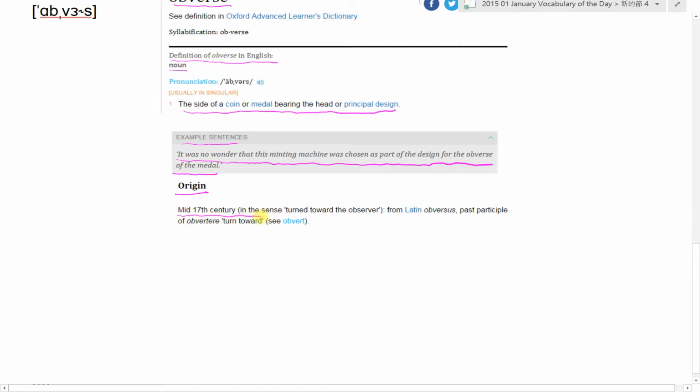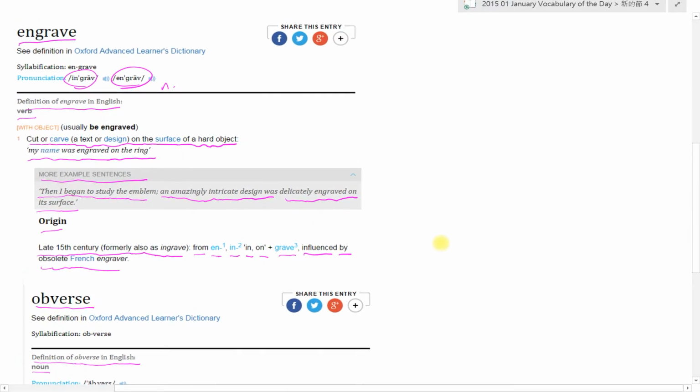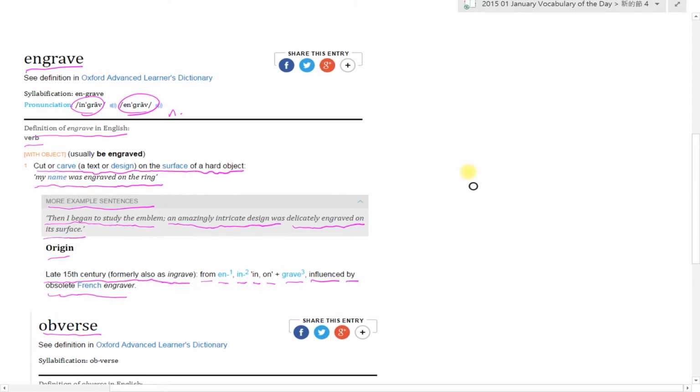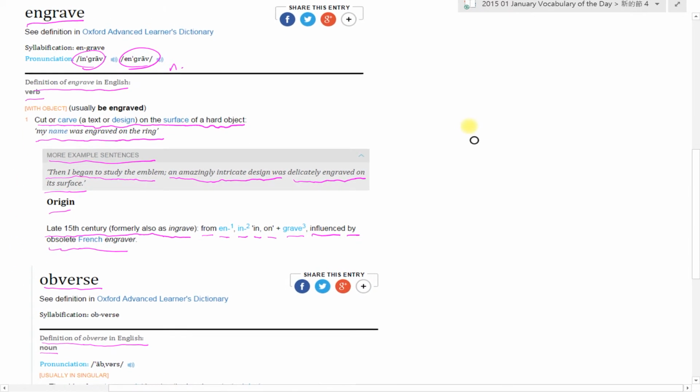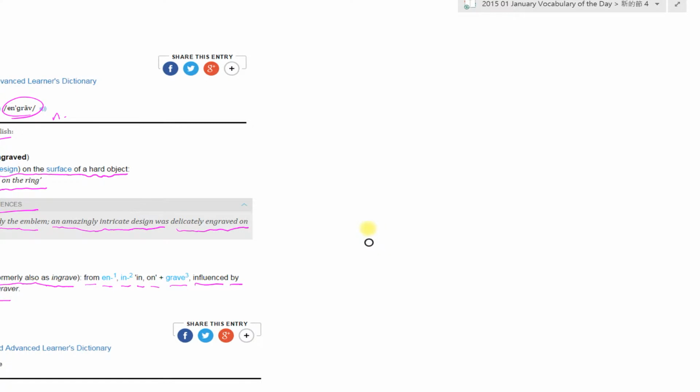Mid-17th century in the sense turned toward the observer. From Latin obversus, past participle of obvertere, turned toward, see avert. 好了，因为刚刚有一个是拉丁文转过来的，老师念起来有点卡卡的。